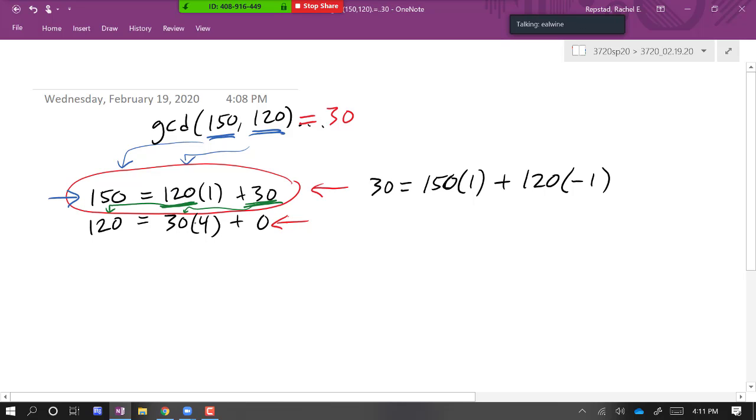Oh, okay, I see now. Yeah. So sometimes you go through these and it might be 4, 5, 6, 10 rows, and you could still trace it back up. It's a lot of substituting back in. The process is long and it can be easy to make sign errors, so sometimes it's frustrating, but I feel like it's also therapeutic. But basically it's tracing it back up until you can write the greatest common divisor as a linear combination.